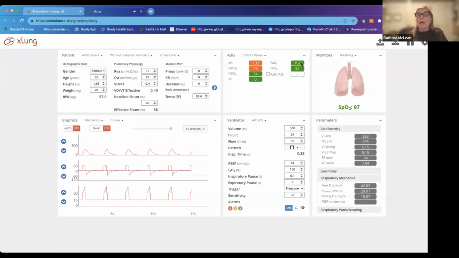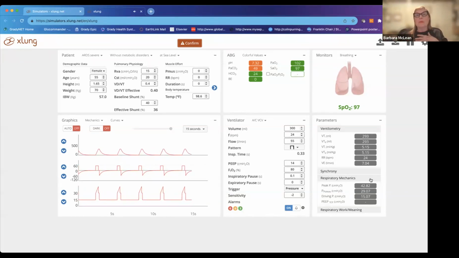And his oxygenation, I put his PEEP up to 14, his FiO2 up to 100%, and he has pretty good oxygenation. I'm now going to go down on his PO2. I'm going to go down to 80, and I'm feeling like he'll probably do okay with that. And over here, what you see is peak and plateau. Here's his peak, here's his plateau. So this is just giving us plateau with every breath,